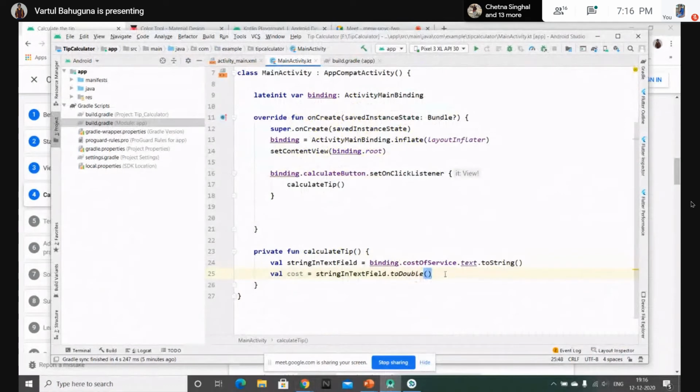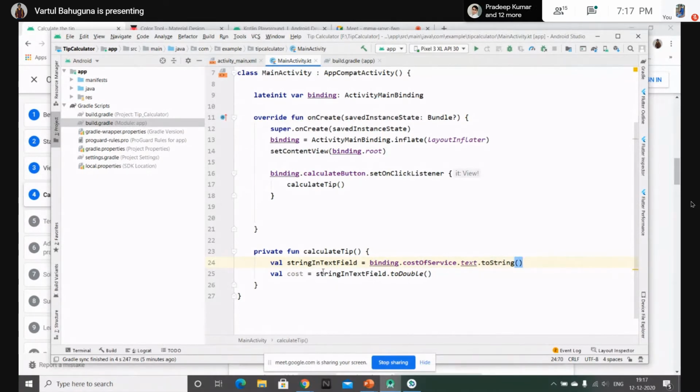Here there is a variable, stringInTextField, that takes all the string that is in the text field, by using binding.costOfService. That's the ID of the edit text view, then dot text is used to get the text, and then toString converts that text to string format.